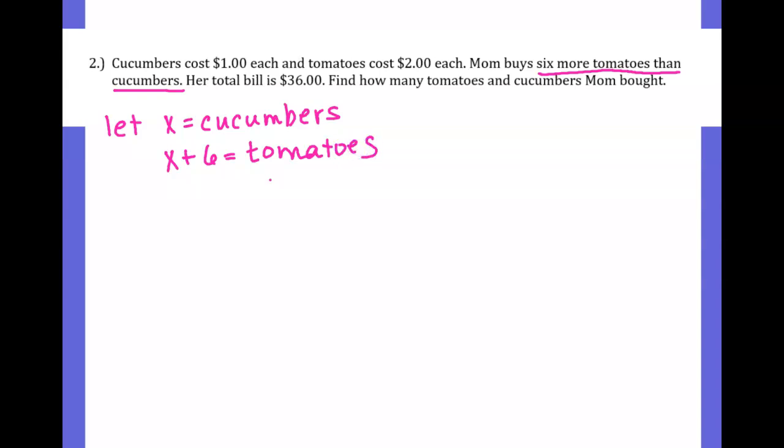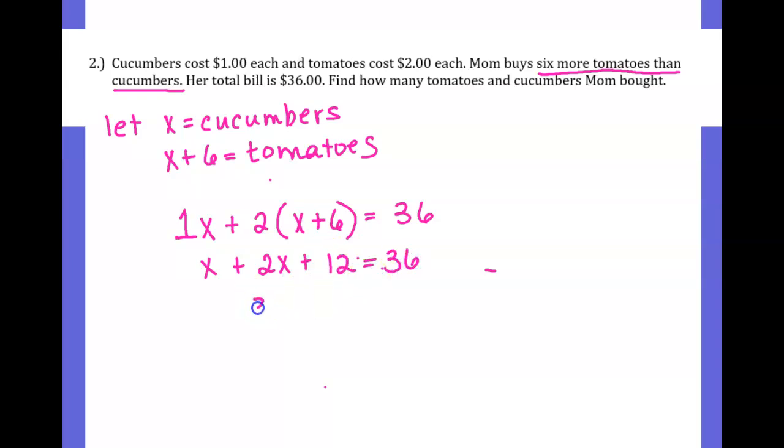If cucumbers cost $1 each, we don't know how many cucumbers we bought, but since they're $1, it's like saying 1 times however many we bought. We don't usually write 1x, but let's do it for purposes of understanding the money. And tomatoes were $2 each, so that's 2 times X plus 6. We've got to keep that in parentheses. So tomatoes would be X plus 6, and it's $2 for every tomato, and that's going to be $36 in total. So now I'm just going to distribute that too,